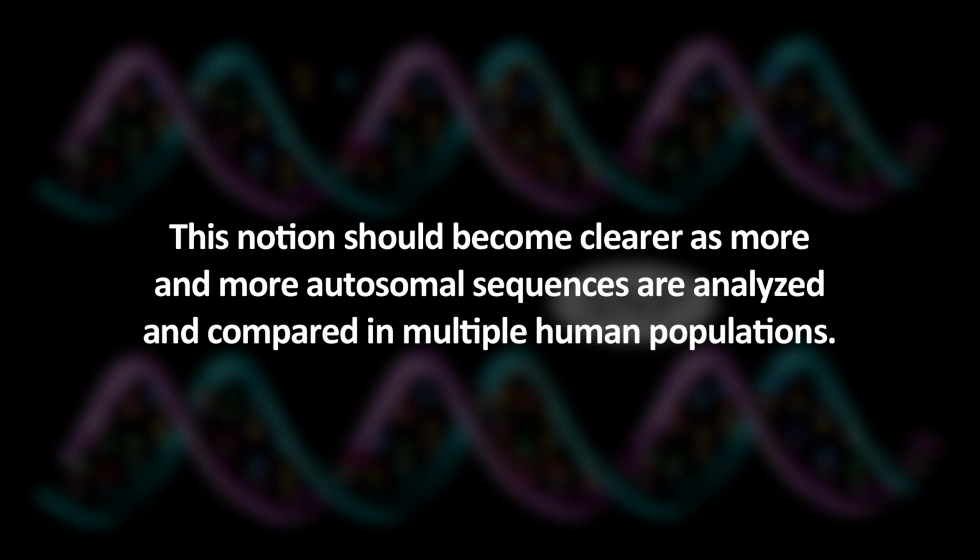However, it is also possible that such sequences did originate in Africa and were carried to Asia or Europe by modern humans themselves. This notion should become clearer as more and more autosomal sequences are analyzed and compared in multiple